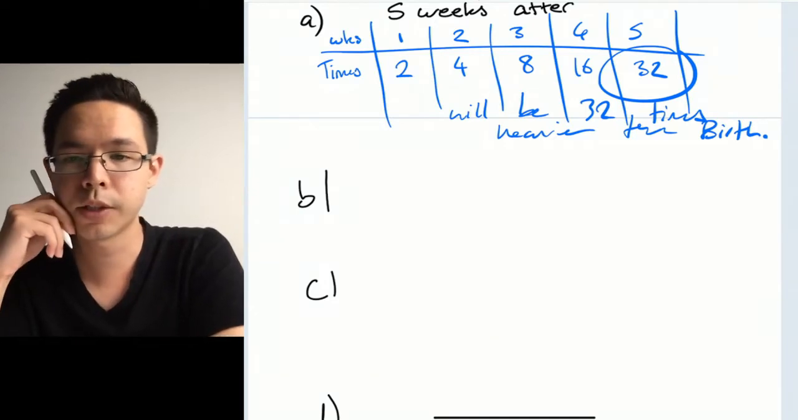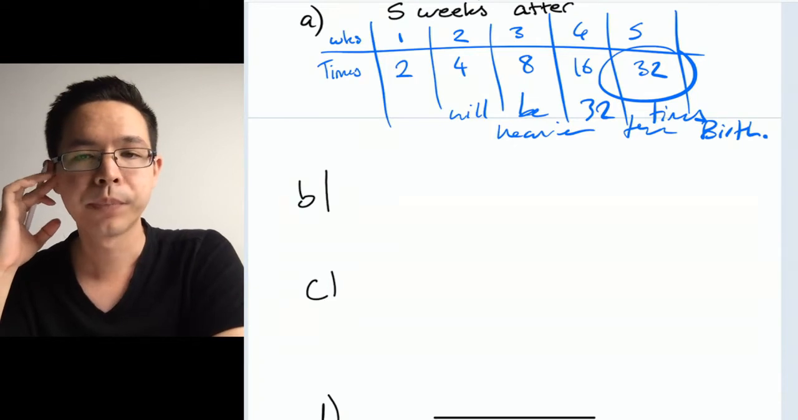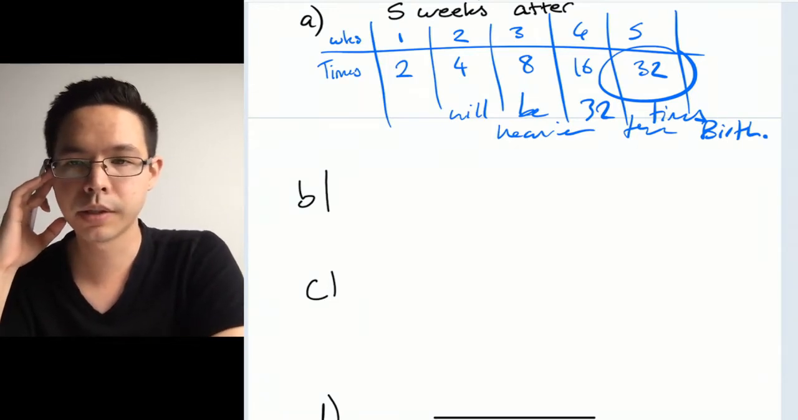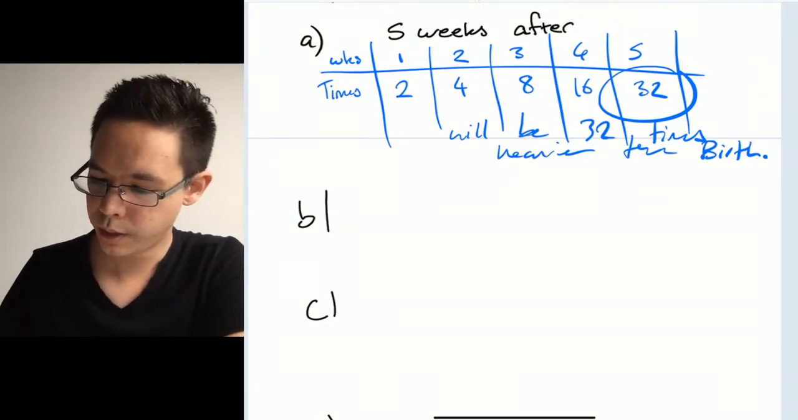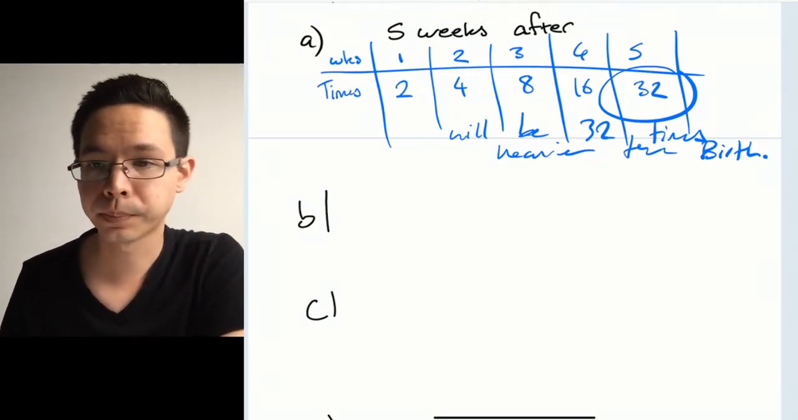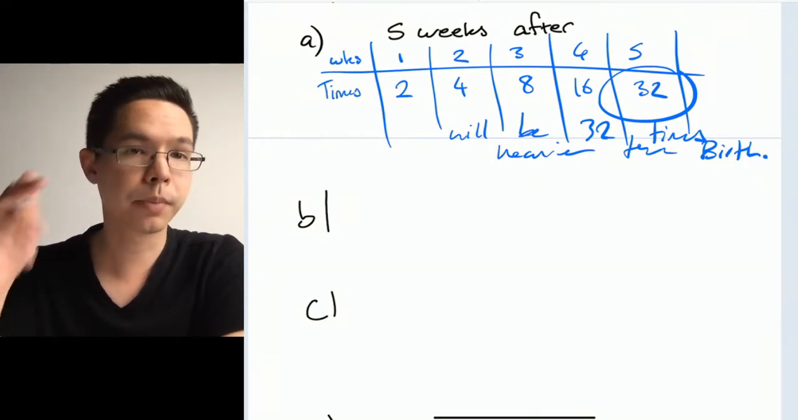B asks, write an expression, so that's going to be algebra, letters and numbers. Write an expression using powers for how much bigger the baby mouse is after 5 weeks. So how can I show 32 in power form? Well, the process that was happening